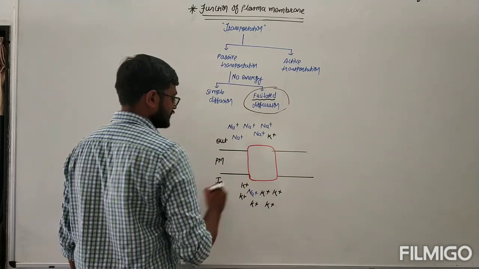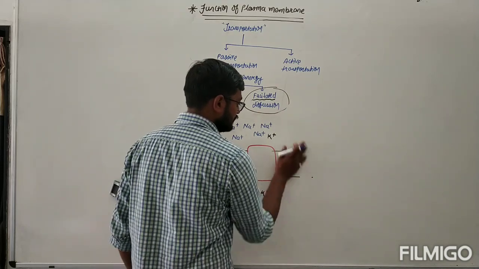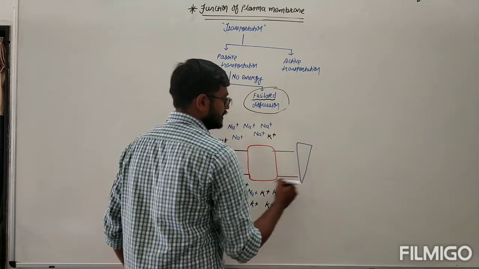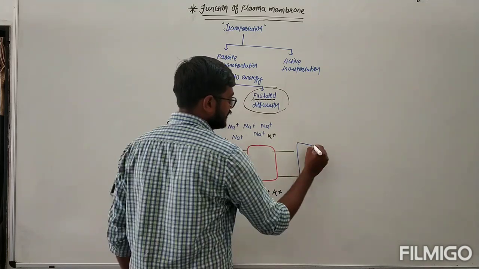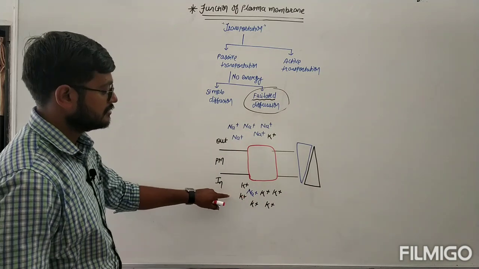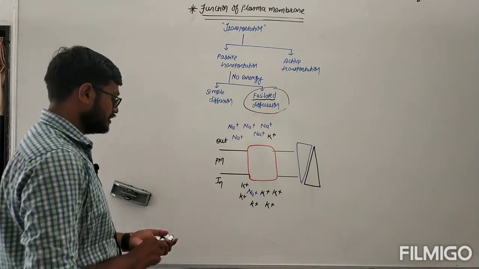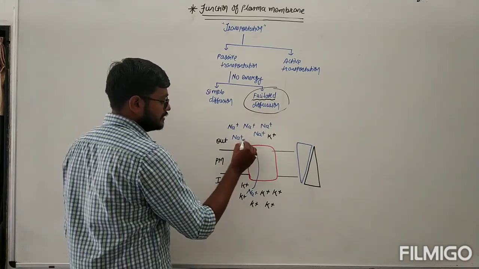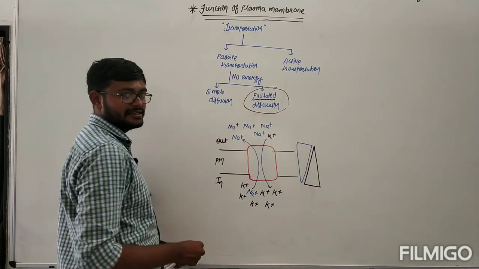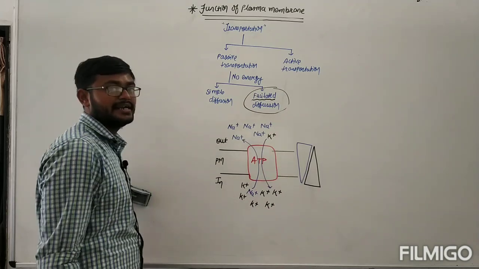Now what is going to happen over here? You can see when you draw the slope of sodium and potassium, blue color is for sodium, it is higher on the outer side and lower on the inner side. In the case of potassium, it is the opposite: higher on the inner side and lower on the outer side. So the sodium has to be thrown outside against the gradient and the potassium has to be thrown inside against the gradient, and hence to carry out this procedure what is required is ATP, adenosine triphosphate.